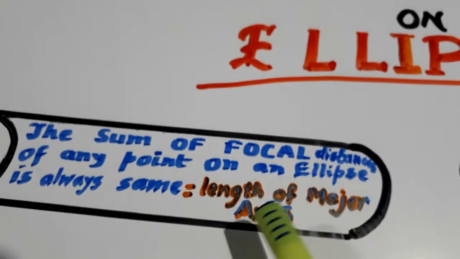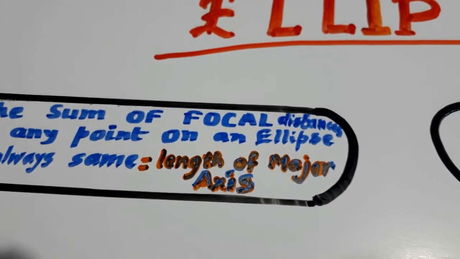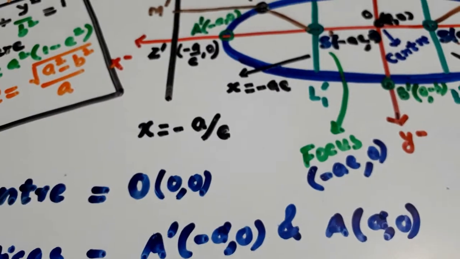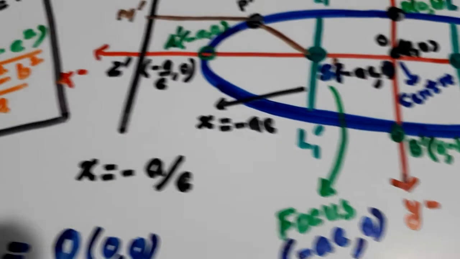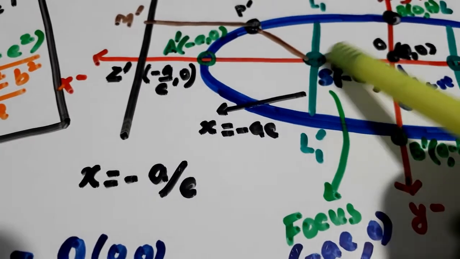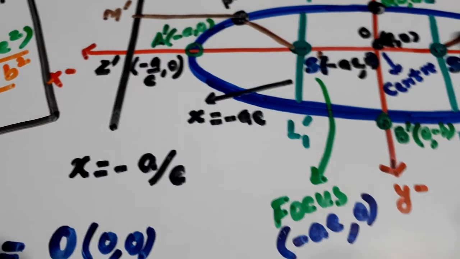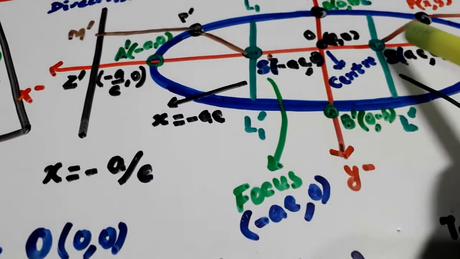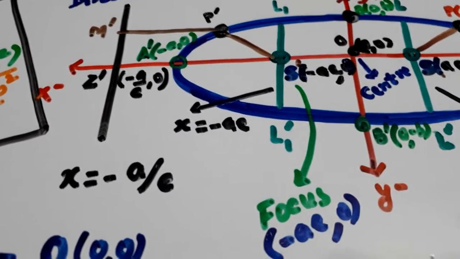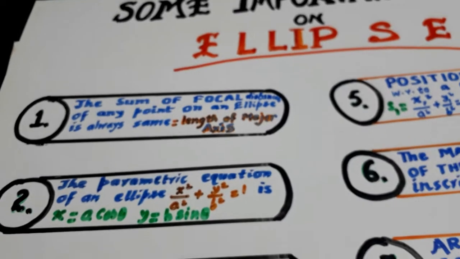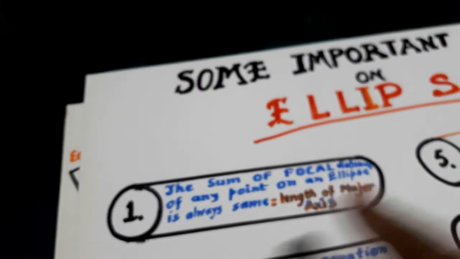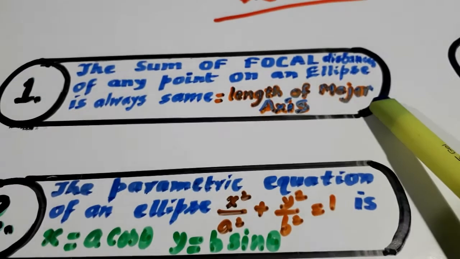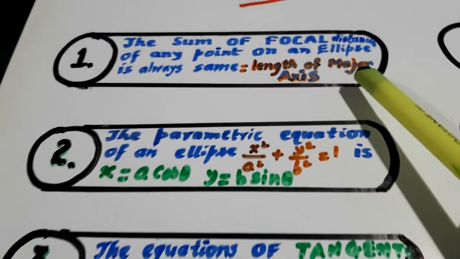याद रखिएगा कि कोई भी पॉइंट इलिप्स के ऊपर ले लेते हैं, ये फोकस यहाँ पे फोकस है, दूसरा फोकस यहाँ है, दे आर कॉल्ड फोकल लेंथ, दिस इज फोकल लेंथ. दूसरी फोकल लेंथ यहाँ दूसरे वाले फोकस से होएगी यहाँ P तक. Its sum is always equal to 2a, equal to the length of the major axis. So its length is equal to the major axis.